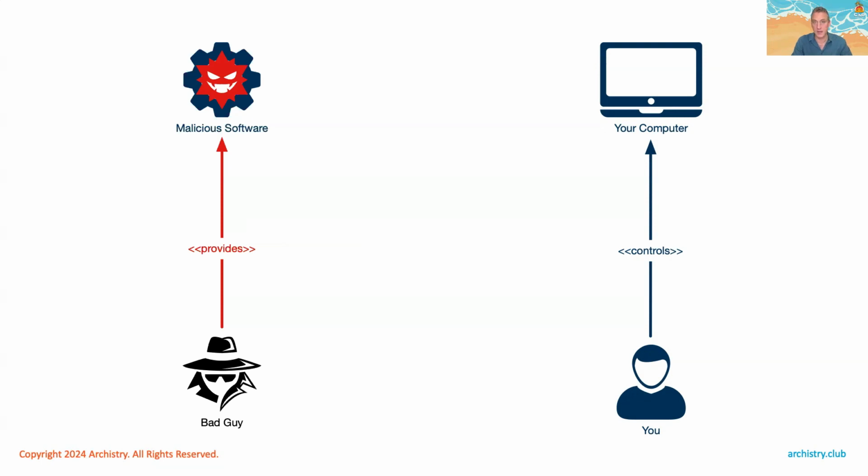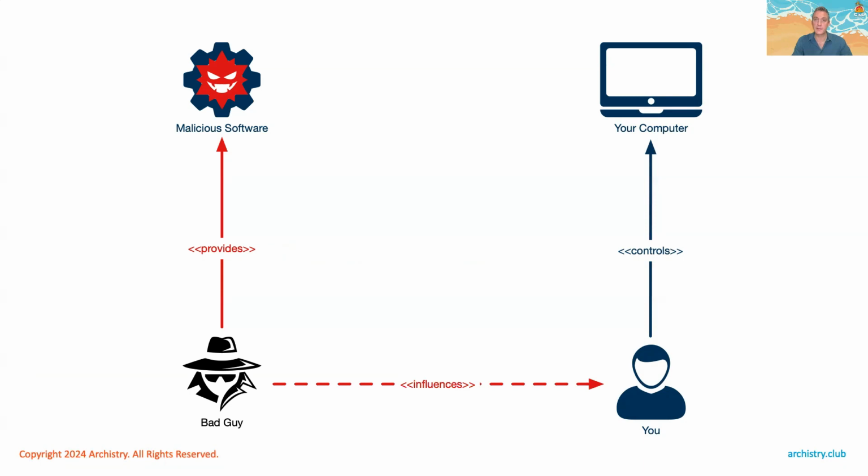It doesn't matter what your job is. Our job is to help you get your job done. And outside, there's lots of bad guys with lots of intents and motives and whatever else. They don't necessarily want to stop you from getting your job done, but they want access to stuff that you either have or they think they can access through the access that you have or the systems that you can control. This is the fundamental starting point for any of these situations that we're going to be dealing with.